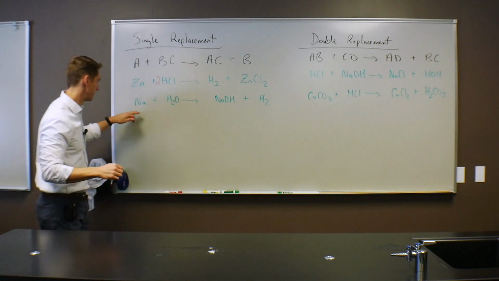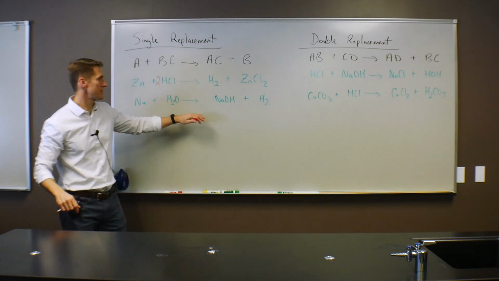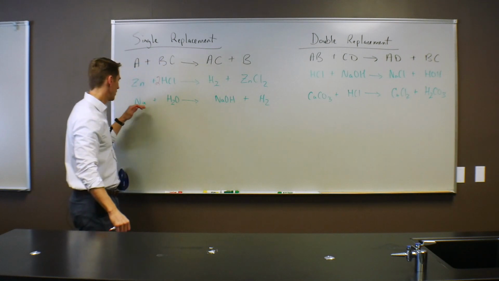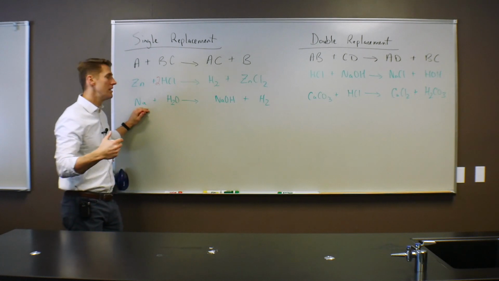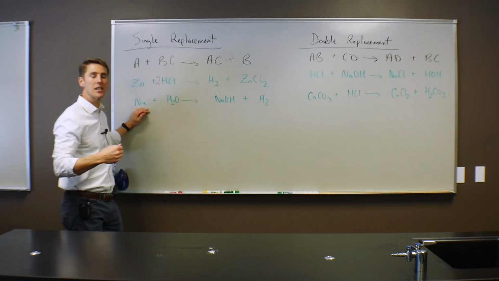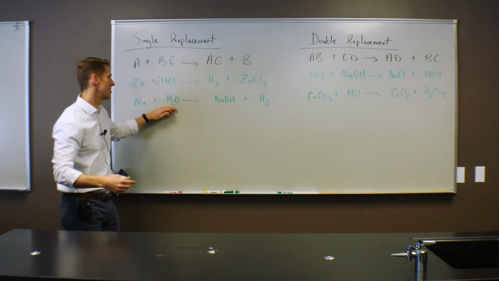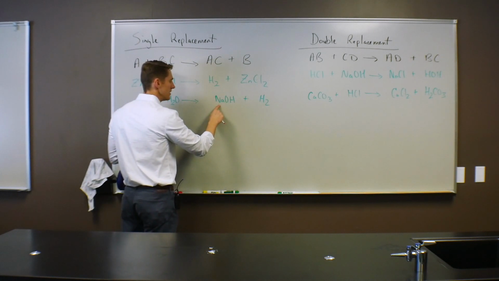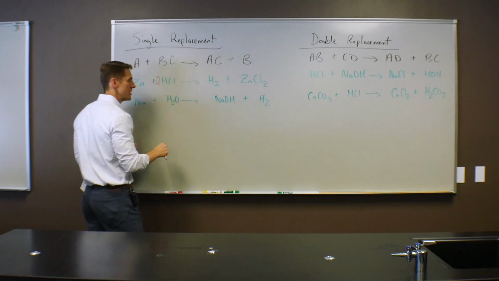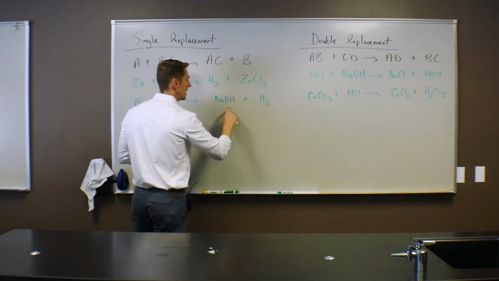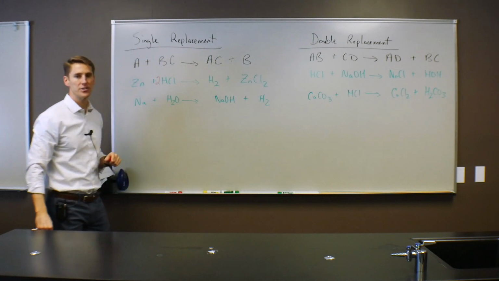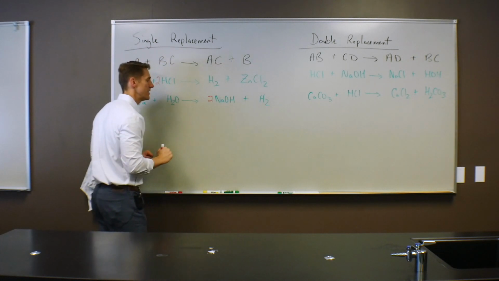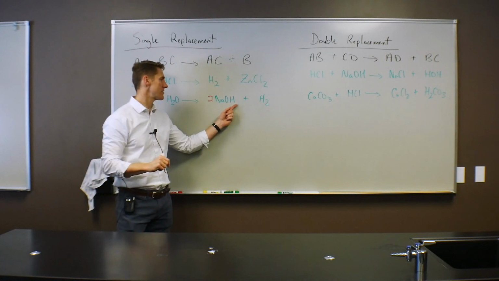Here's another example. Sodium's reacting with water to give us sodium hydroxide and hydrogen gas. What's happening here, sodium again has an ion charge of 1 positive. It's giving away 1 valence electron, which is just like hydrogen. So you're going to see sodium replace the hydrogen, and we end up with sodium hydroxide. All right, notice though, I ended up with 3 hydrogens when I only started with 2. Well, if I just add a 2 coefficient here in front of sodium hydroxide, that now gives me 4 hydrogens,